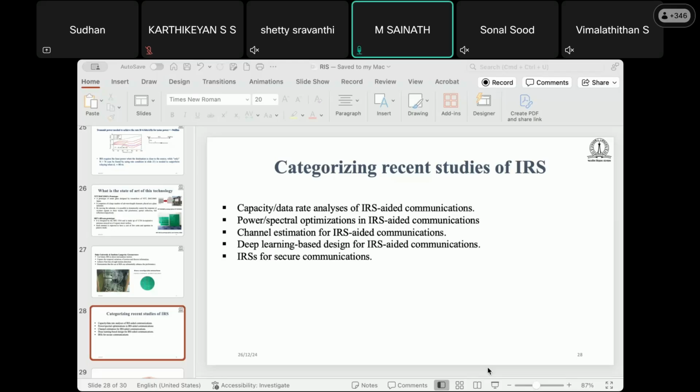Is IRS a periodic or non-periodic structure? Periodic, I do not get what it means. Periodic, it is a kind of physical device. So periodic, and the signal periodic in the signal transmission. Okay, I do not get the question.